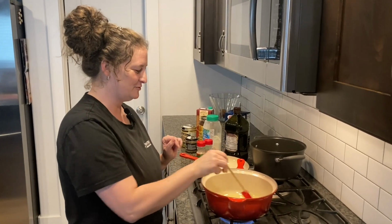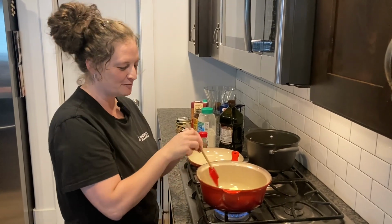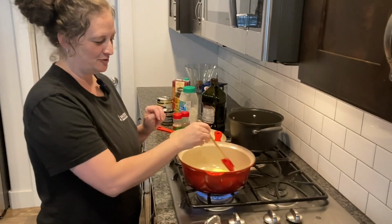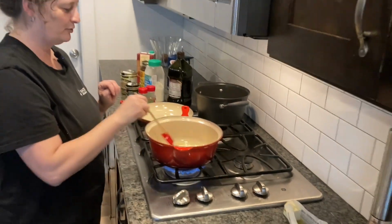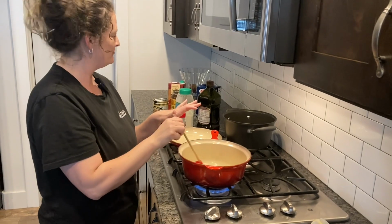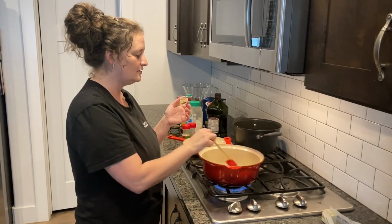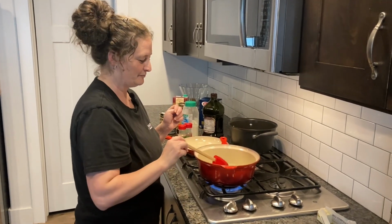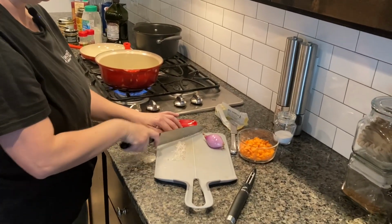So I am doing just a little bit of olive oil, a little bit of butter. We're going to turn this up, and then we are going to put, and you don't have to do olive oil and butter. Sometimes I do just butter, sometimes I do just olive oil, sometimes I do both. So we're going to get that going, and we're going to put a little bit of